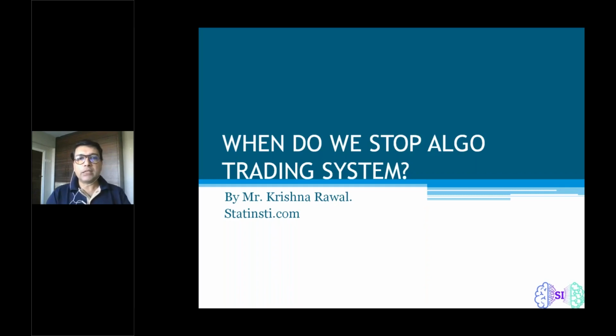So when do we stop the algo trading system, or how do we do that? Is there any way we can automate that, or can we make it more rule based? That becomes a very crucial question, and that's something that can make the system more robust. We will also see how we can regenerate a system that has been stopped, or on which the kill button has already been pressed. So let's go ahead.